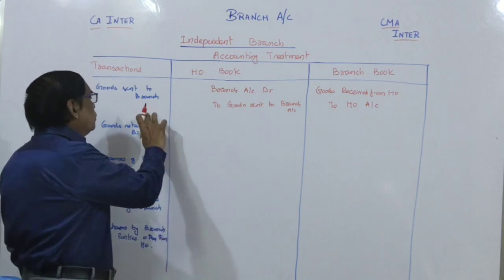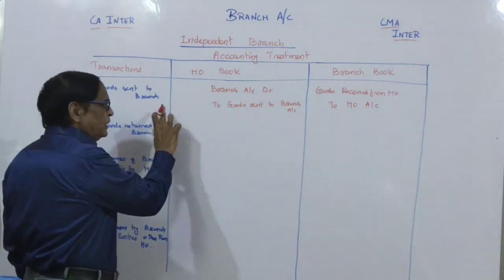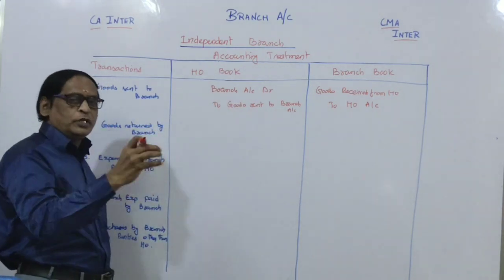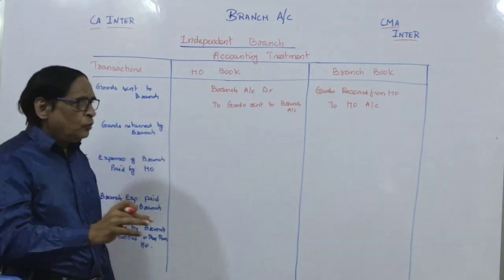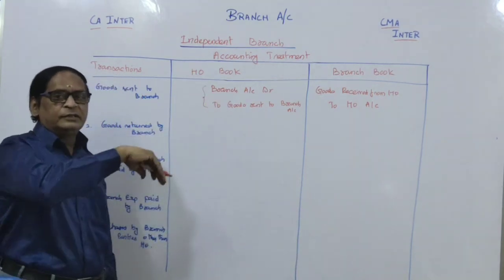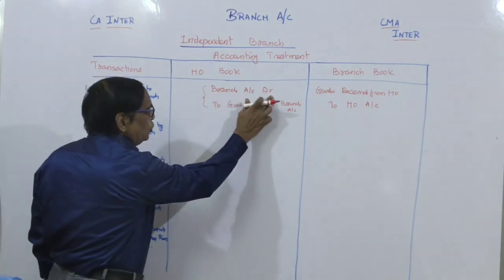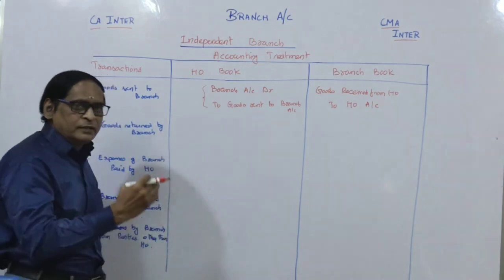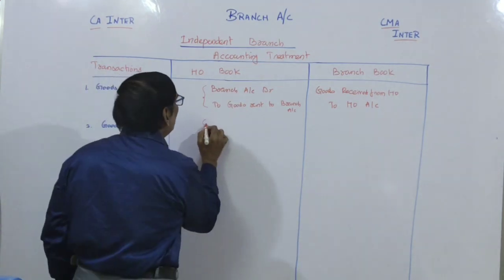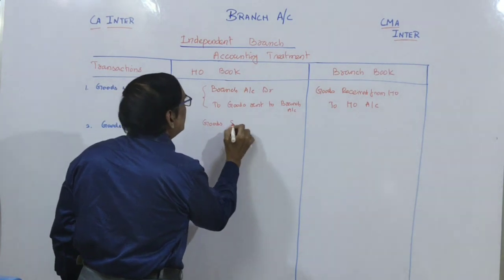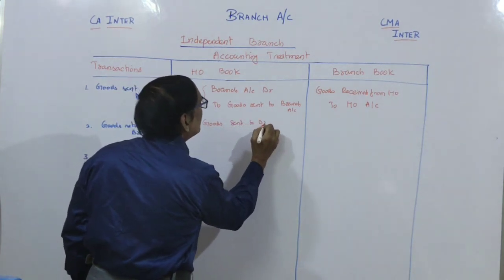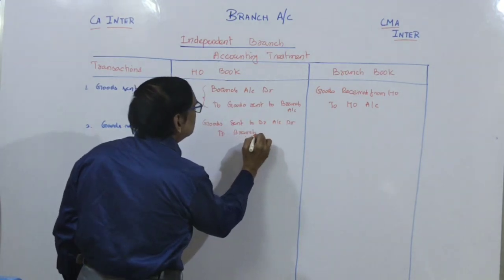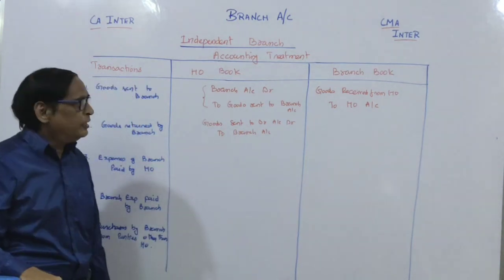And then if the goods are returned, now normal. So initially we have supplied the goods. Now the same goods or some portion of the goods are returned by the branch. What will be the entry? Only this entry will be reversed. While we are supplying, it is branch account to goods sent to branch account. While the goods are returned by the branch to the head office, the entry will be reversed. So goods sent to branch account debtor to branch account. Clear? The reverse entry we have to make here.